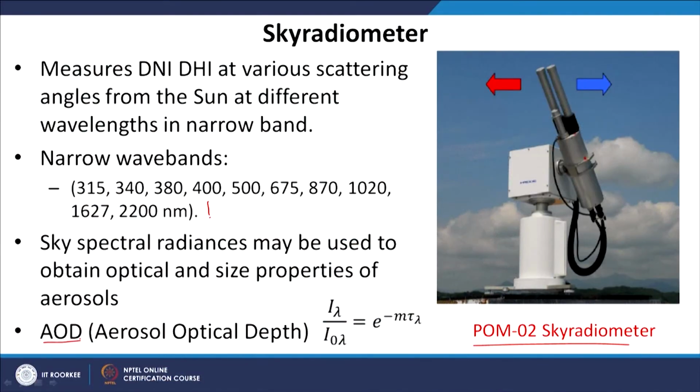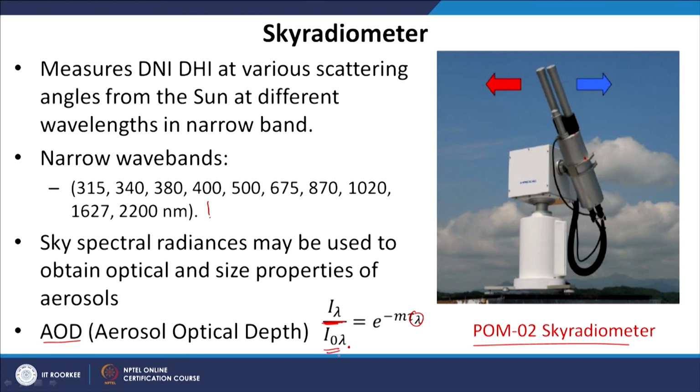For example, there are dusts and aerosols that absorb radiation in specific wavelength intervals. So if you want to quantify the presence of aerosols and dust in the atmosphere, we have to make narrowband measurements, because GHI and DNI cannot give you an accurate idea of the presence of these aerosols. There is a parameter called aerosol optical depth that is used to quantify the presence of aerosols in the atmosphere. It gives you the aerosol optical depth tau lambda at a given wavelength as a ratio of the actual intensity I lambda and I0 lambda. I0 lambda is the intensity of solar radiation on top of the atmosphere.